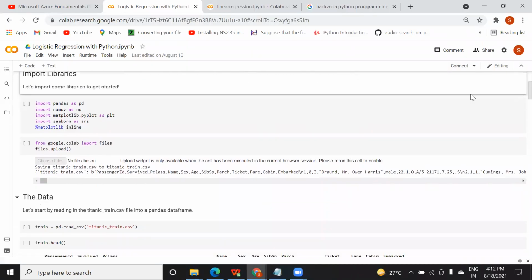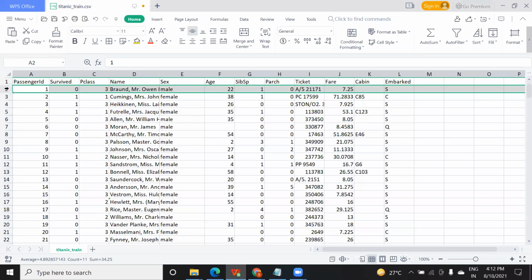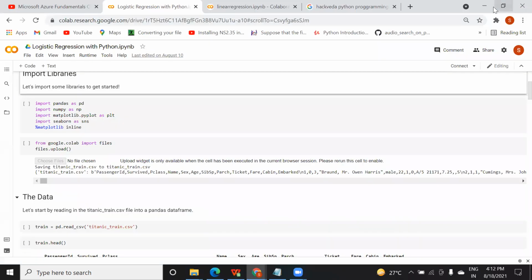Now here you can see that I've imported pandas, numpy, matplotlib, seaborn. Pandas is to read a file. NumPy is to convert each row of your data set into a vector. Once you convert it into a vector, it will be easier for the model to learn and understand.